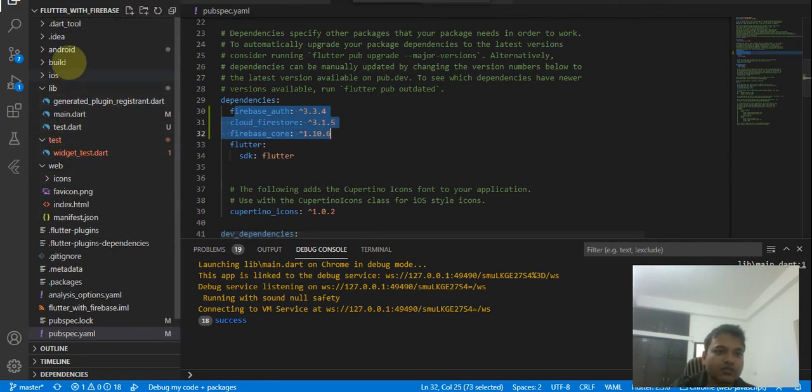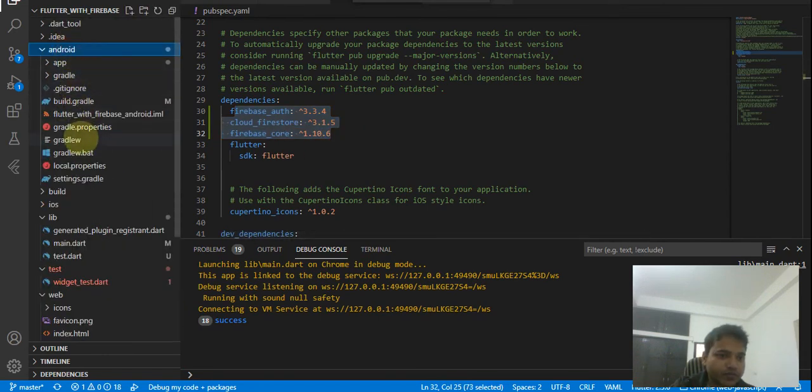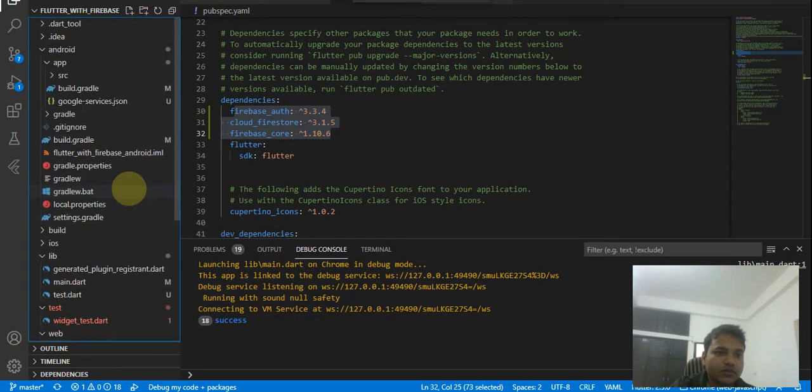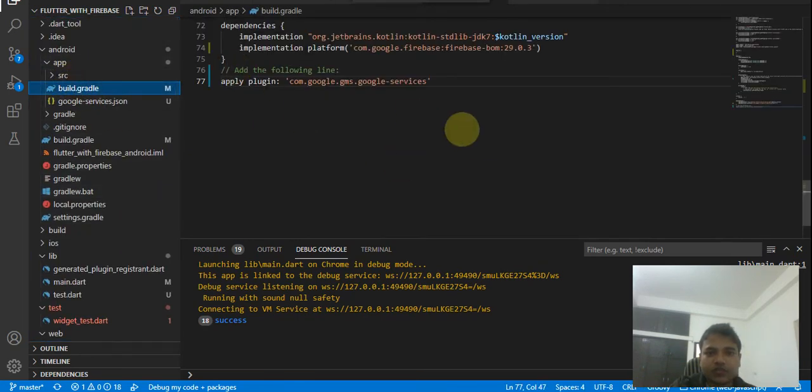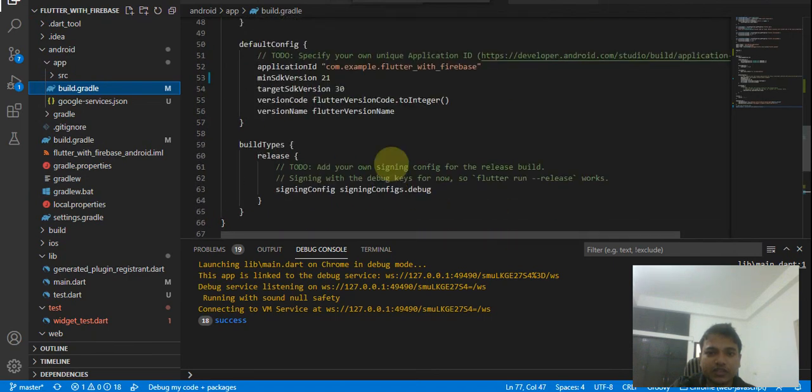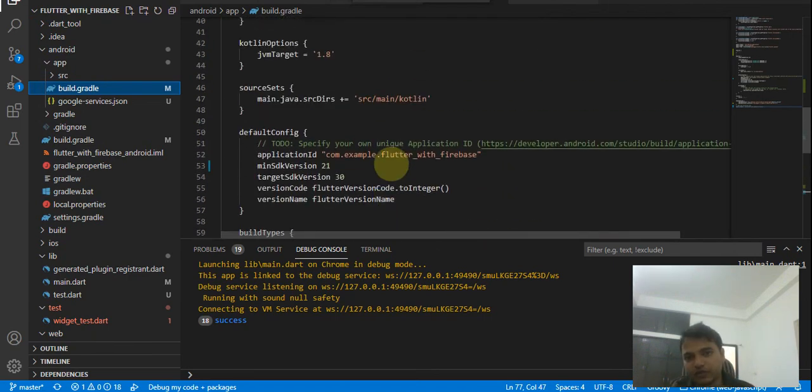We also have to set up some things in our Android project. Go to your app, and here you see build.gradle. You have to apply the right plugins as the Firebase documentation tells you. That's completely easy, not any difficulty. The most important thing about web apps is that you have to create the web app and use some properties here.